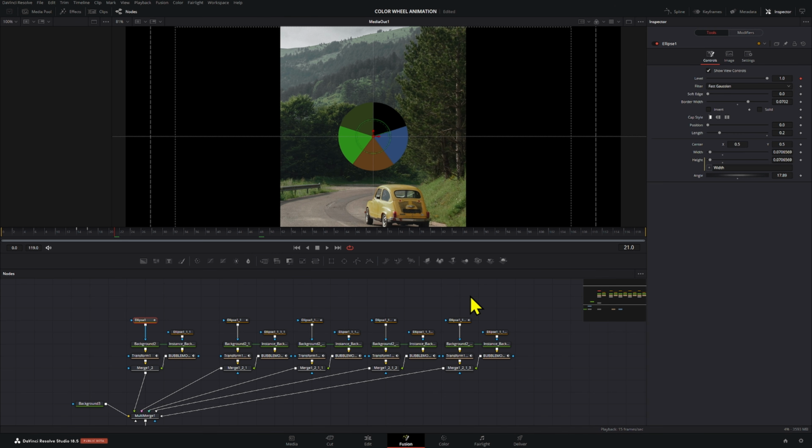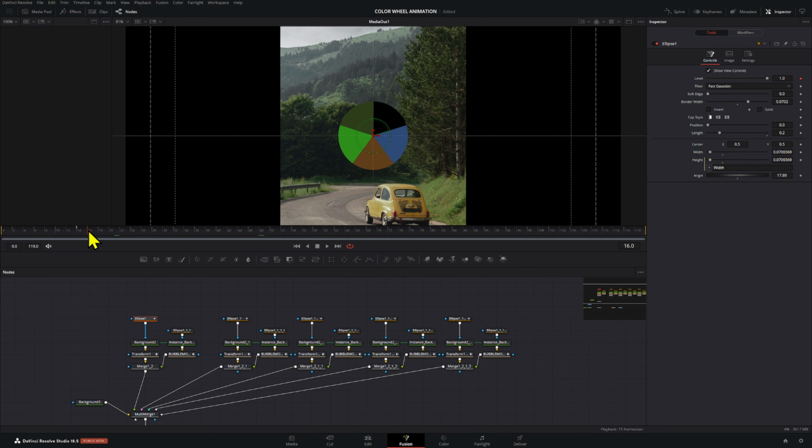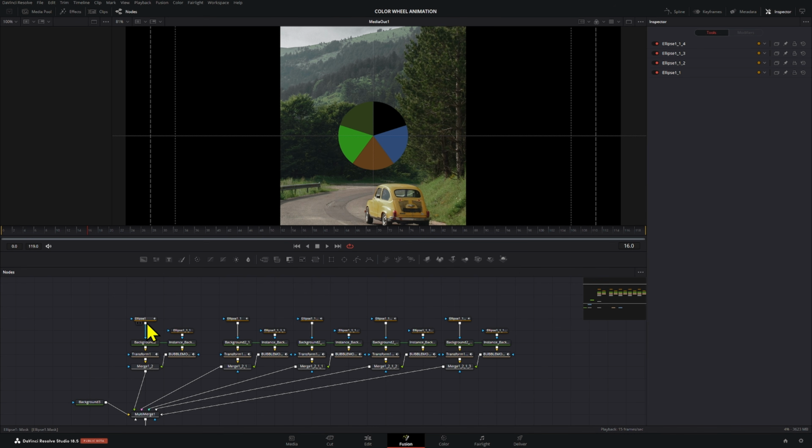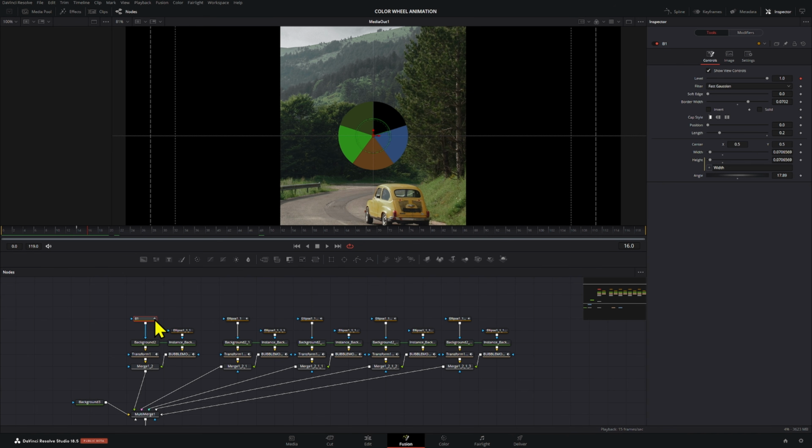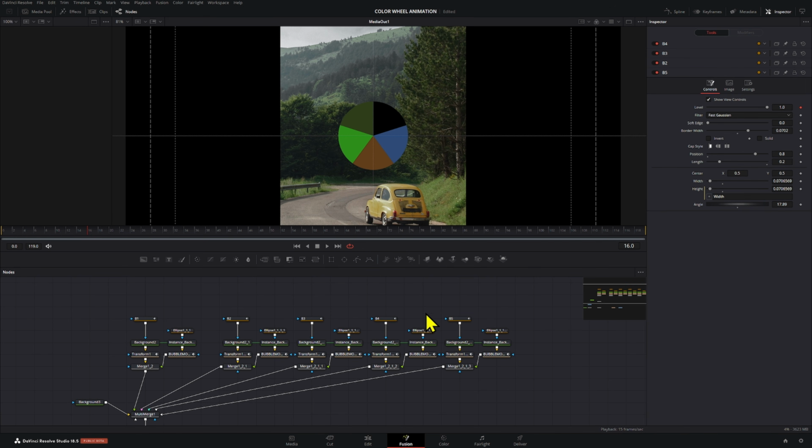Now unfortunately it all goes sort of towards the left side, right? And we have the animation here, all of them stopping at the same time. What you want to do here is actually go to the different ellipses, and then you can actually rename these so that you know. Let's rename these B1, B2, B3, B4, and after now just keep B5. Okay, we have that so that we are able to easily see them later on.